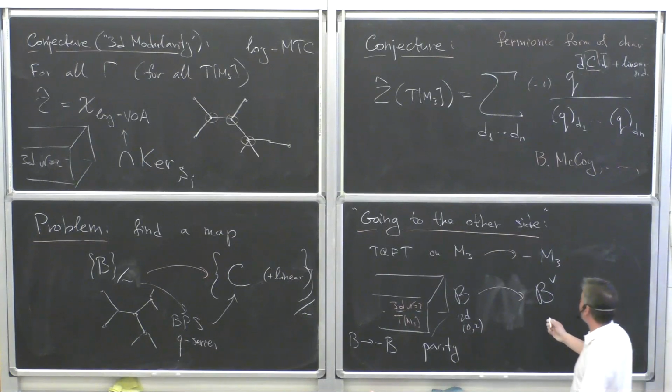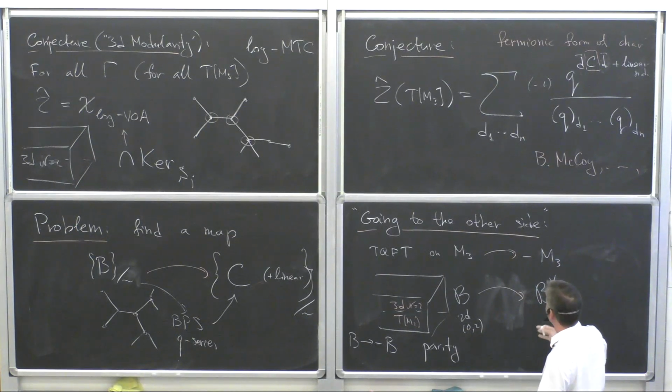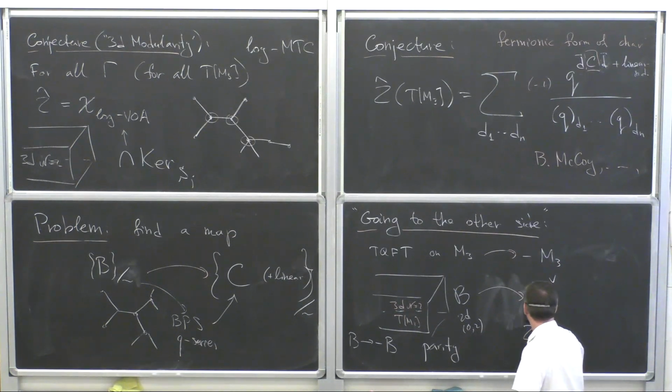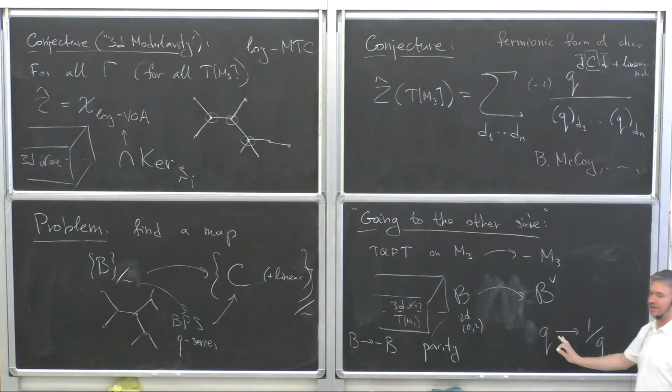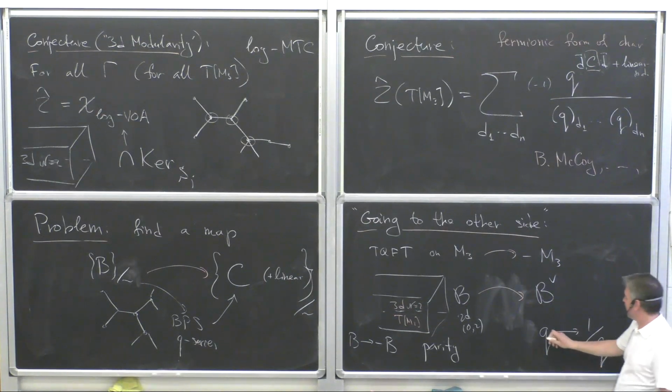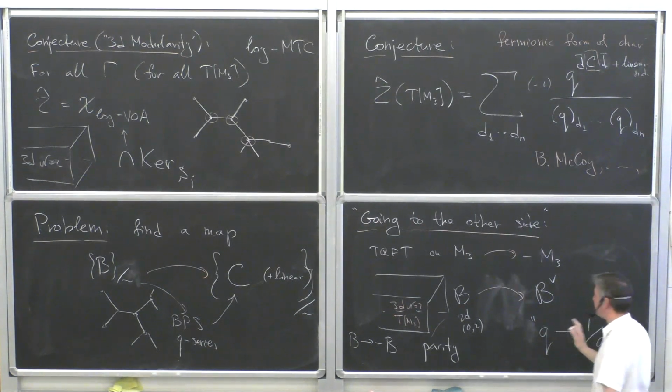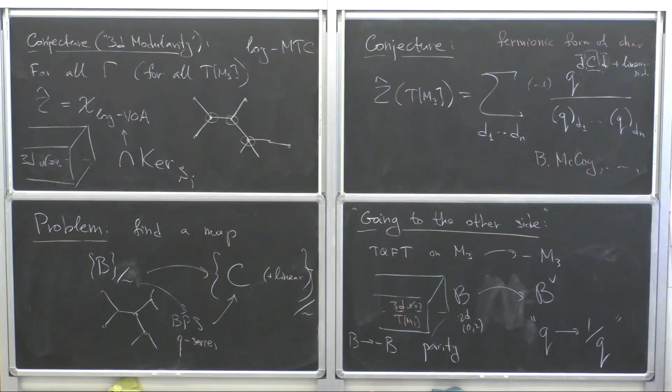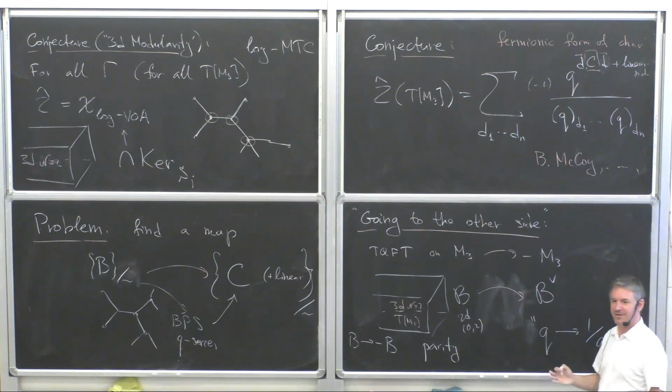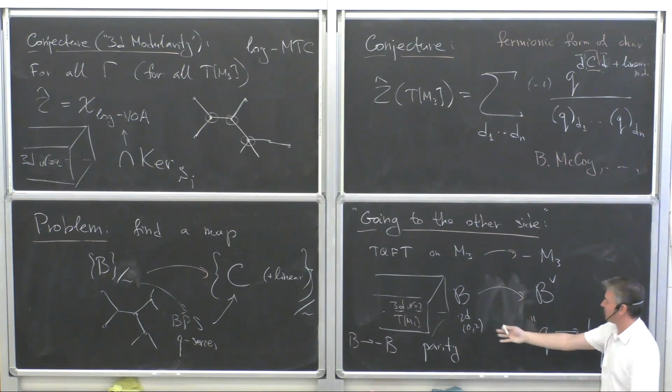And very roughly, what it tries to do, it takes this BPS spectrum and tries to replace Q by 1 over Q, but in such a way that the result is still written in terms of Q. And making sense of this operation was required in many different fields in mathematics, and from this picture also in